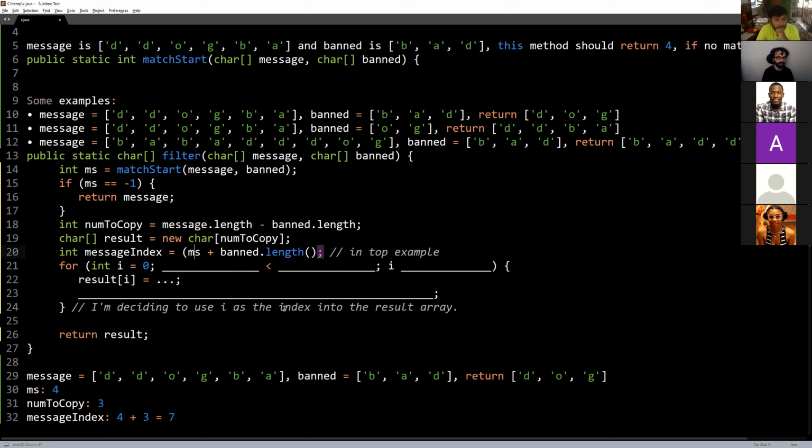So what I need to do is actually mod this thing by the message length, and because I don't want to mess up the order of operations with mod, I'm just going to throw in some extra parentheses because no reason not to. So I'm going to mod this whole thing by message.length. Okay. So if I do this, that's going to give me 1. Is that right? We just wrap back around to a bad place. If I see 4, 5, 6, 7, mod gives 1, which is here. Dog. And dog is what we want. Okay, yeah, so this looks good.